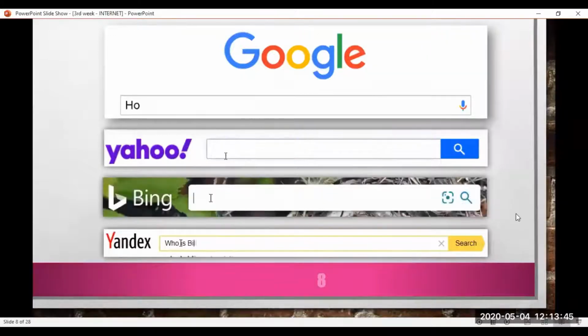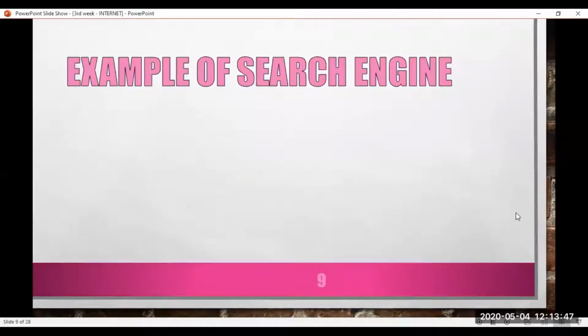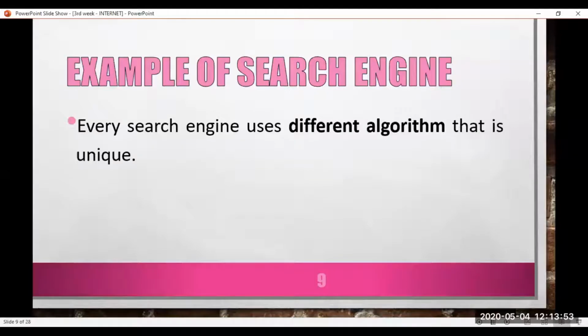Let's continue with the others. Examples of search engines, everybody; maybe you can think about the differences between these search engines. Every search engine uses a different algorithm. How can we understand it? What is the meaning of algorithm? An algorithm is different steps.